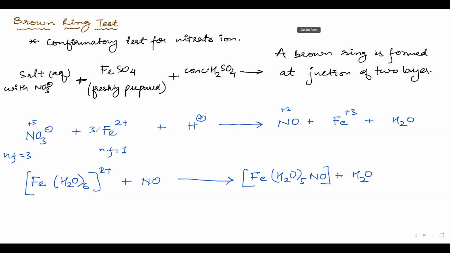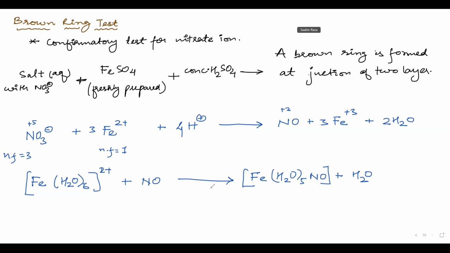Now if you have written 3 Fe2 plus, so you have to write 3 Fe3 plus also. See, and for H2O, how many oxygens are there? We have 3 oxygens here, and 1 oxygen here, so 1, and here we have only 1, so we write 2. Now if you have 2 here, you have to write 4 here. Okay. See, now it is balanced.